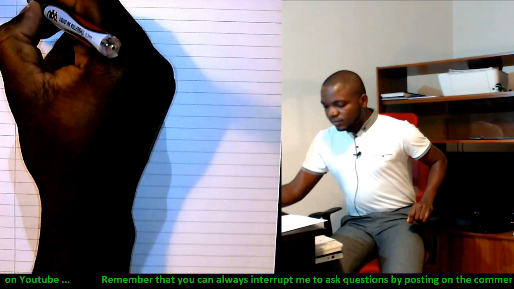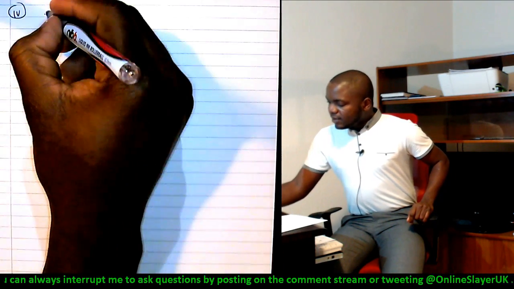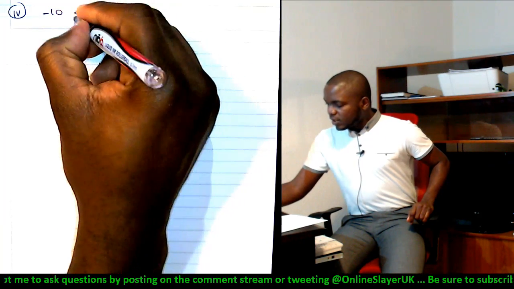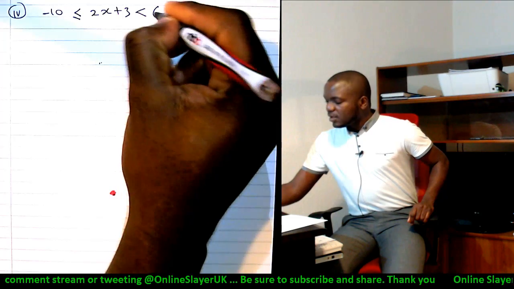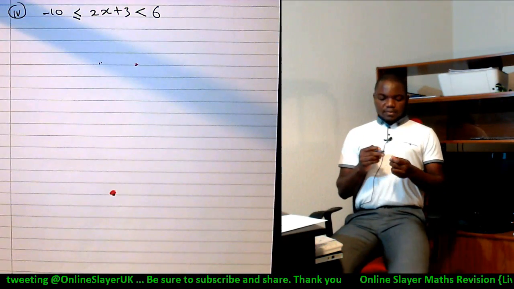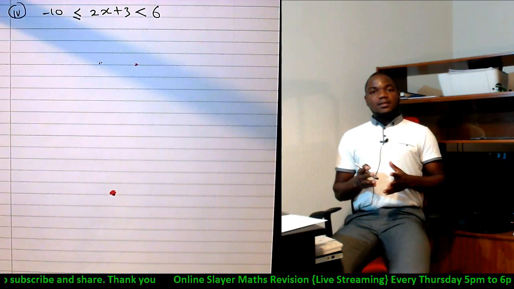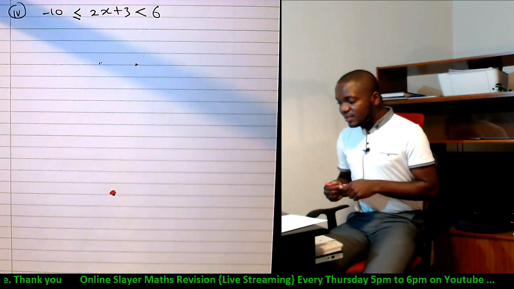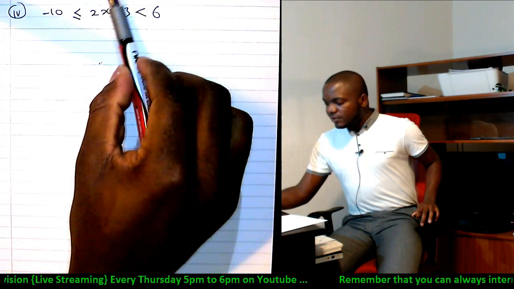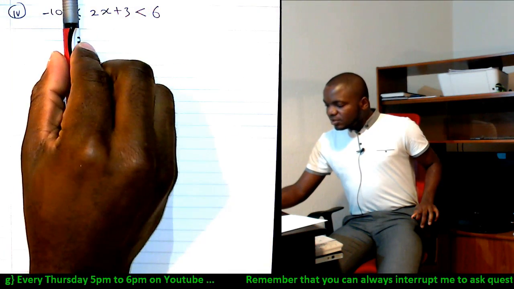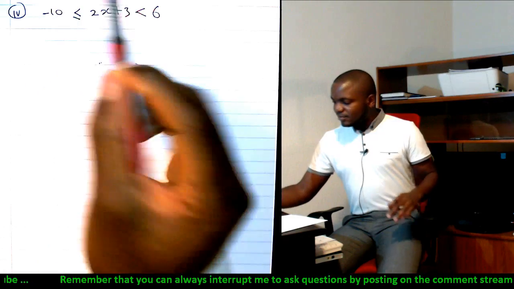All right. So number 4, minus 10. I bet you've seen this question somewhere before and you're like, I'm always having issues with this one because it is a compound inequality problem. Compound in the sense that they are saying two things at once. What they're saying here is that minus 10 is less than or equal to 2x plus 3 and 2x plus 3 is less than 6. So it's like a simultaneous problem. But take note,